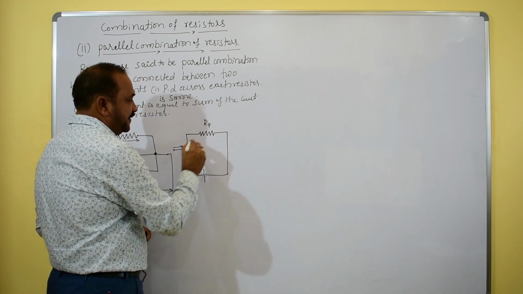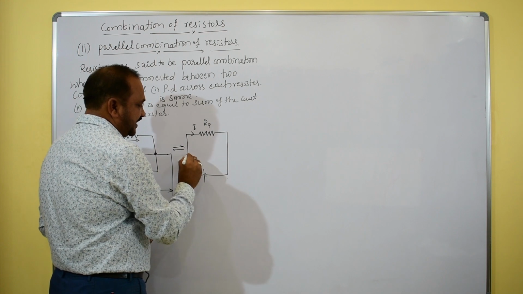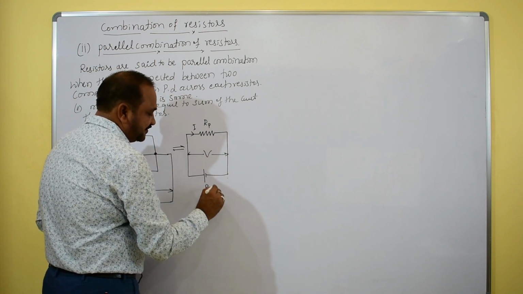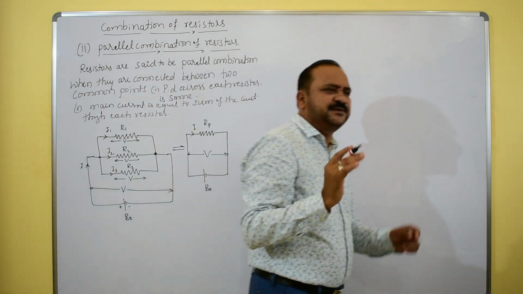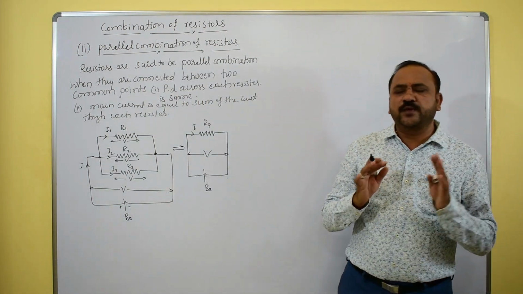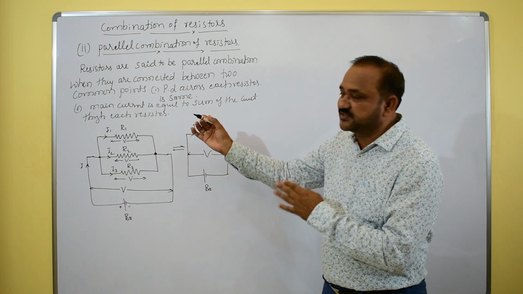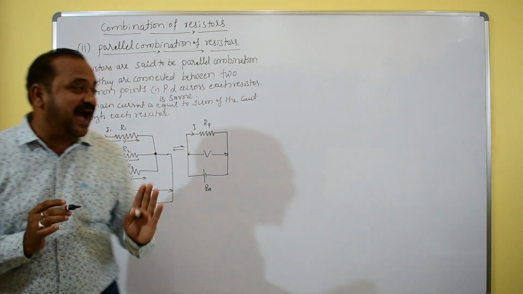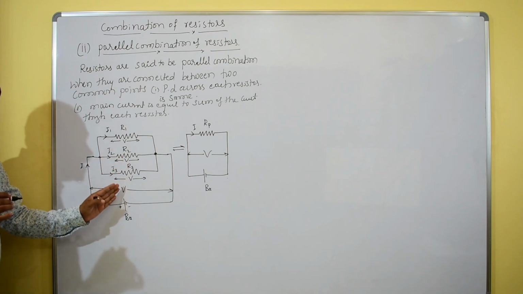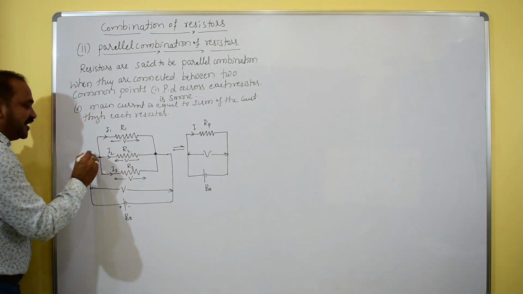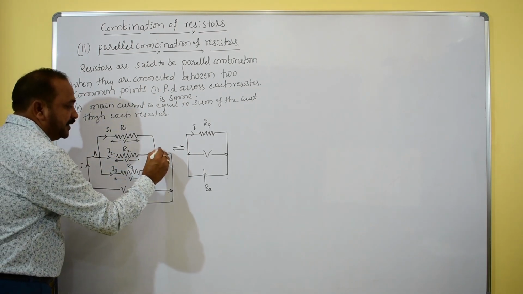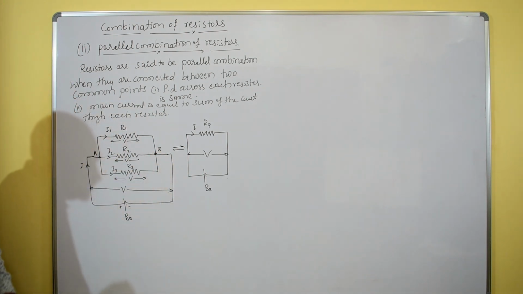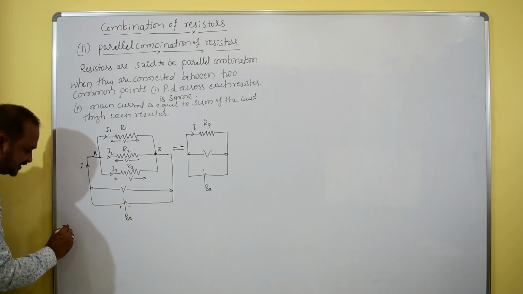Say this is the Rp, that's the I, and this is the potential. So far, this is the pattern. It's a simple explanation of what I am going to discuss in this case. Let us consider R1, R2, R3 resistors. They must be connected between 2 common points, A and B. You must know that.